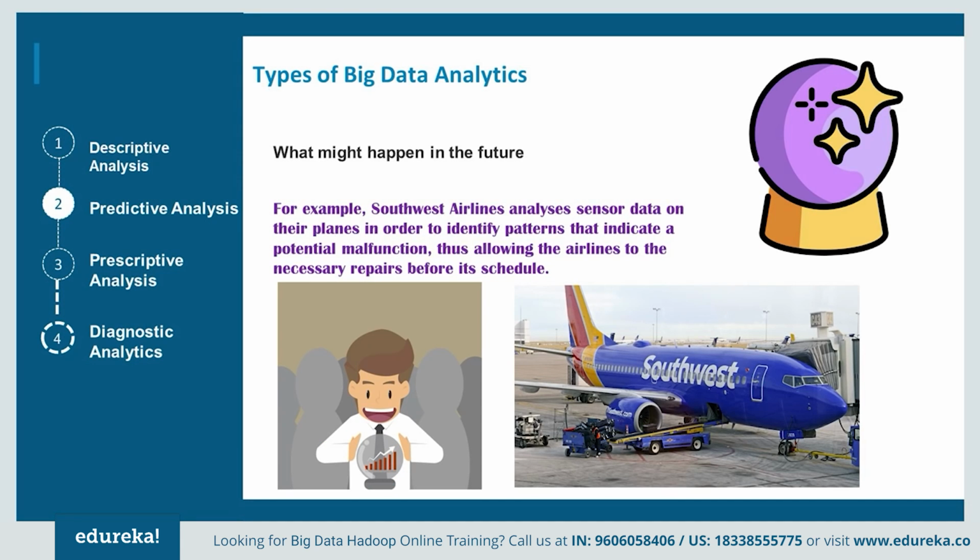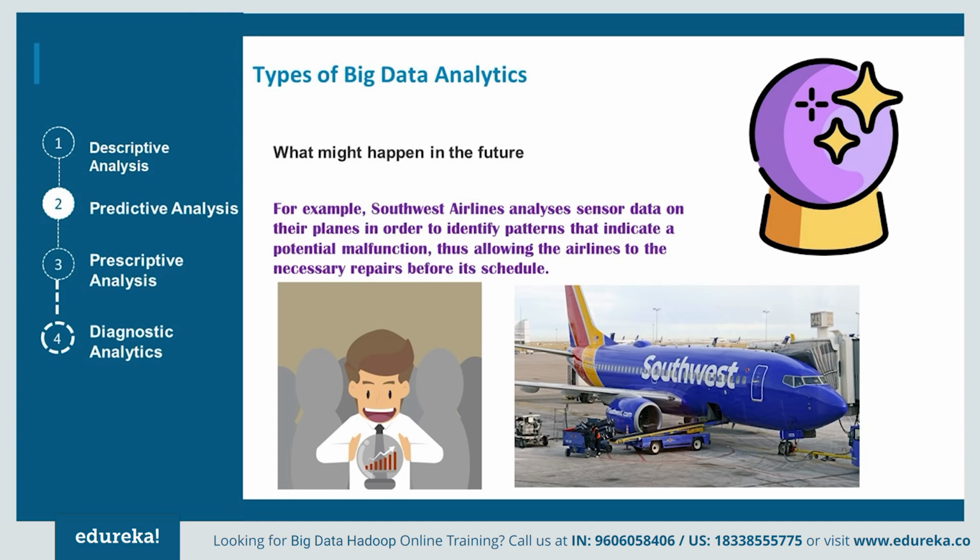So the second type, which is predictive analytics, basically uses statistical models and forecast techniques to understand the future and answer what could happen. So basically, as the word suggests, it predicts. We are able to understand through predictive analytics what the different future outcomes are. So basically, predictive analytics provides the companies with actionable insights based on the data. So through sensors and other machine generated data, companies can identify when a malfunction is likely to occur. So then the company can preemptively order parts and make repairs to avoid downtime and losses.